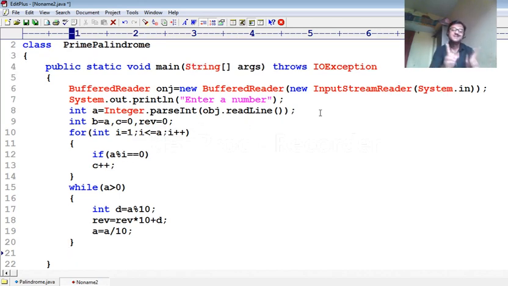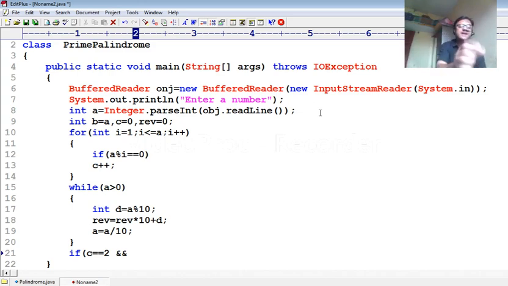After that, the testing step. This is an interesting one. If C equal to, so I checked the prime part here, and in Java we need to use the symbol for and, called ampersand. So you write the symbol twice, and then check the original as well as the reverse number.